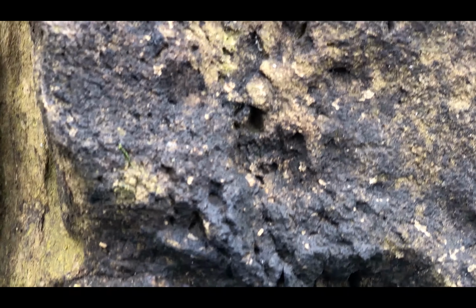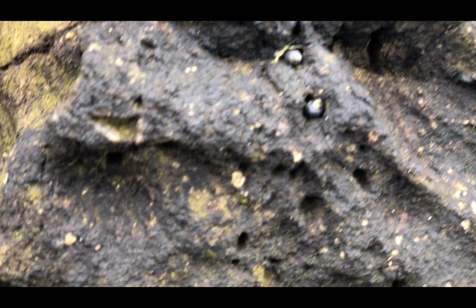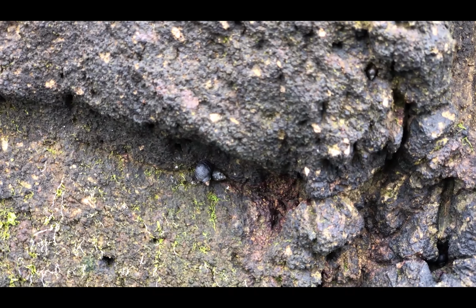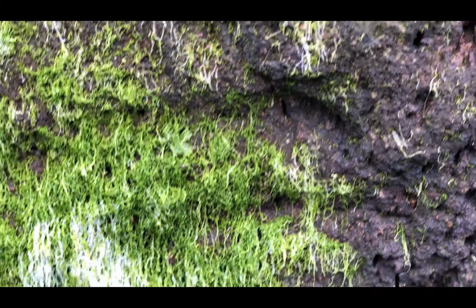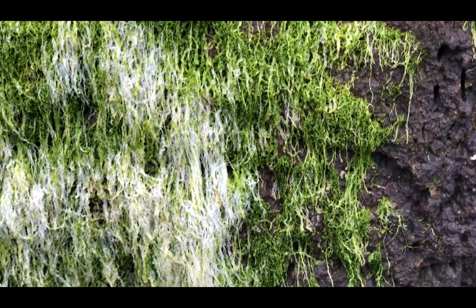You can see there's a pair of littorine snails there, all nestled into the little holes in the rock. A couple more nestled into that little crook there. Now we're getting into the green algal zone, Ulva enteromorpha. These are tubes of green algae. They're single-celled, thick tubes. And that little white area, it's been bleached out a bit in the heat stress of